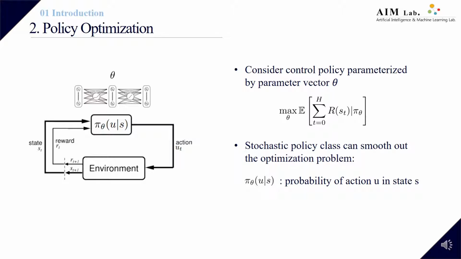This is the basic setup for policy optimization. We consider that the agent has a policy parameterized by theta. The theta can be any parameter of function, from simple linear to neural network, shown here. When H denotes the horizon, our goal is to maximize the expectation of the sum of the rewards given the policy over H. Here, we set our policy pi to be stochastic, which means that we have a distribution of actions